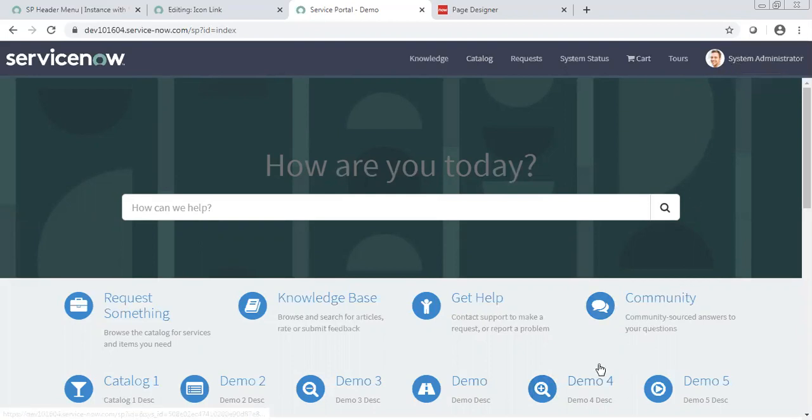Right. And suppose I am an end user coming to this portal, and here we have the search bar, 'How can we help'. If I type something, can we get those keywords? How can we get those keywords to see what users are writing frequently? Do we need to customize that, or how can we achieve that?